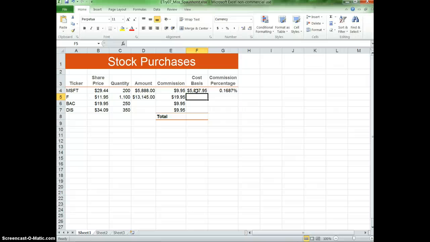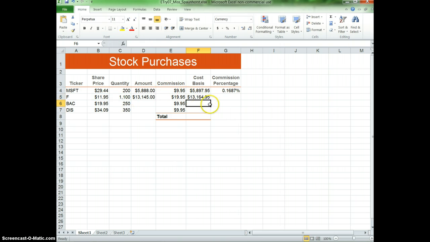Go into F5. In F5, we're going to do something a little bit different. It's going to be equals B5 times C5 plus E5. And press enter. So if you think about it, since the amount are these two things times each other here,